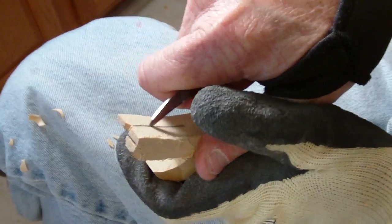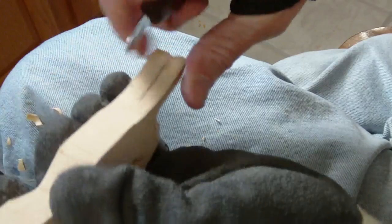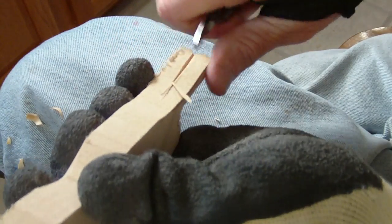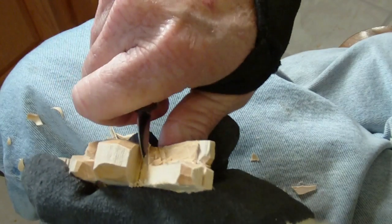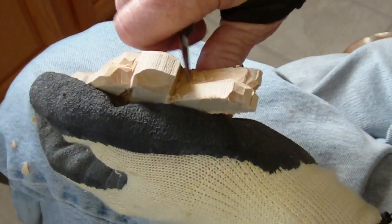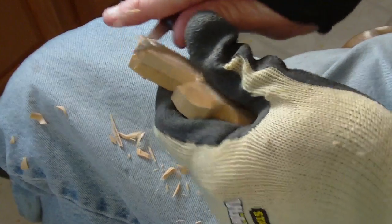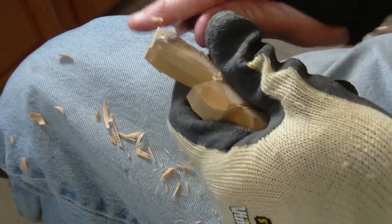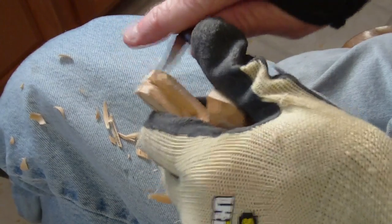And let's go ahead and go down here and separate it right in there from a perspective down here. This area in here is a little bit tough to get into, but we'll do it. Now, you want to come over here and just kind of shape that a little bit. Just shape it a little bit in there, because when you look from the top here,